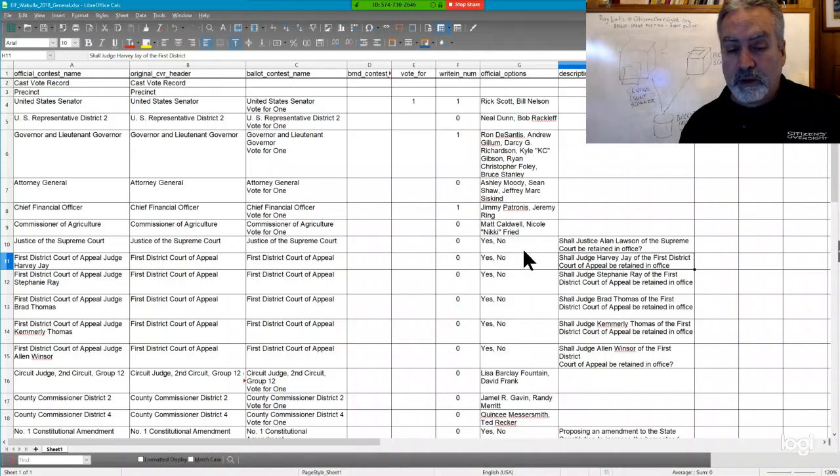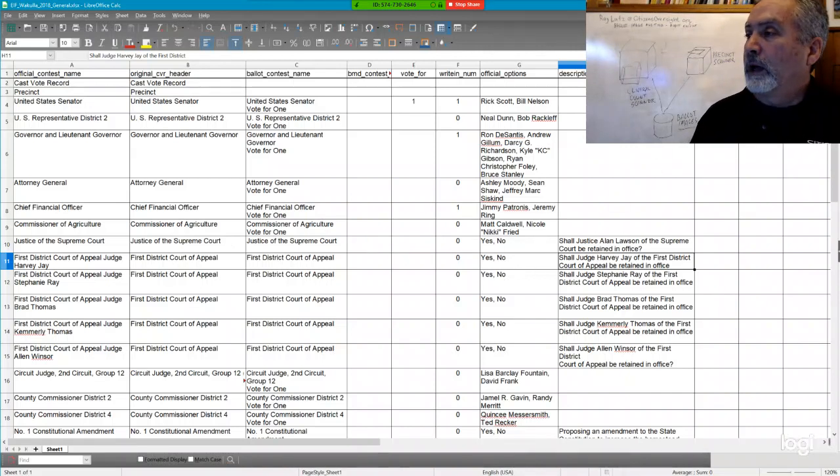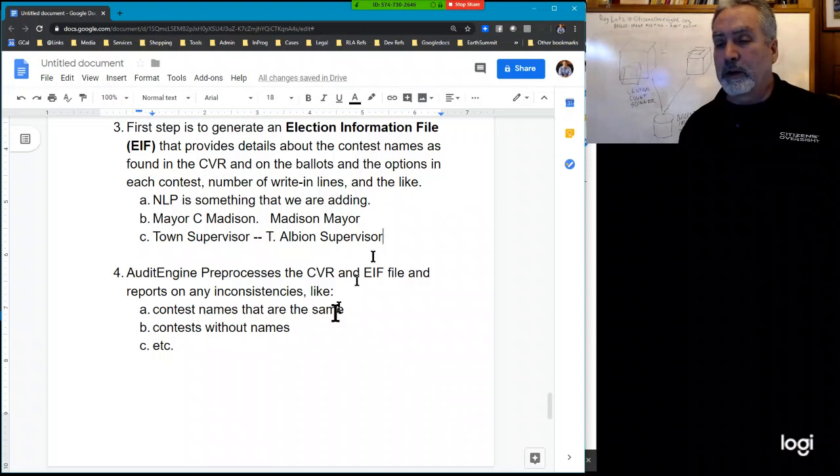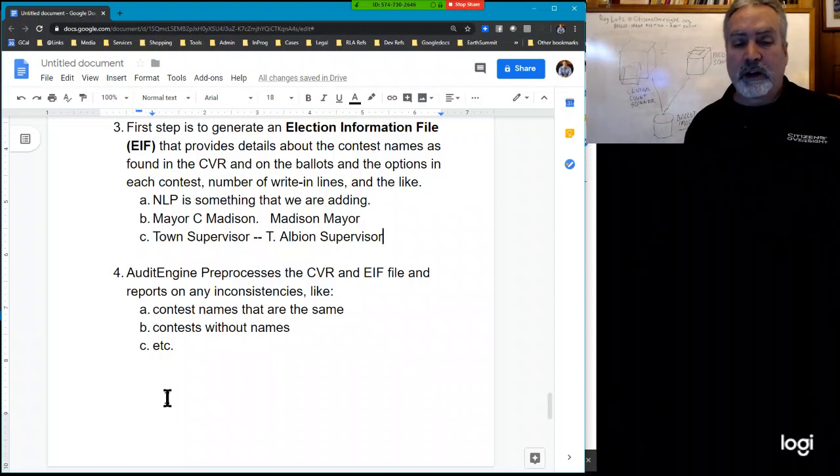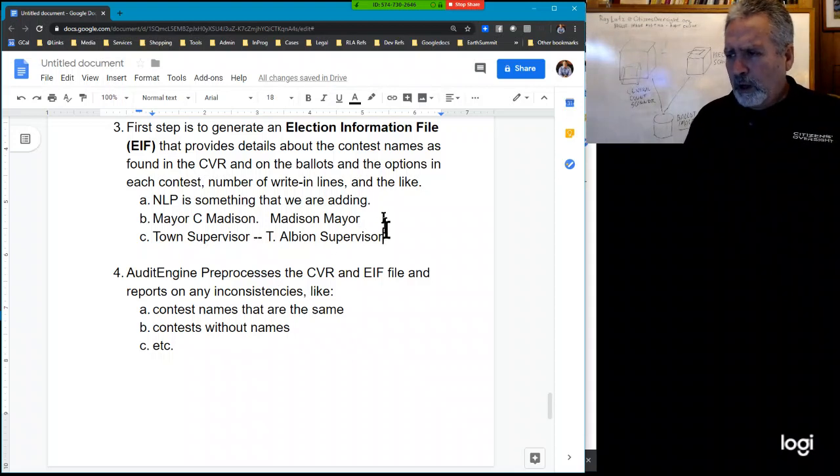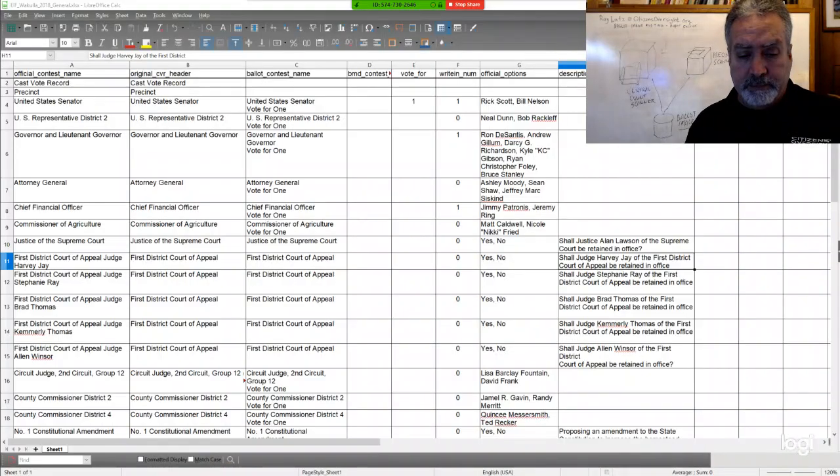So it is at this level where what we have is a few columns here, and then what we see there. And that's one way to do it, is just create this list. This works. And so for right now, that's how we're doing it, but we're working on that issue. But for right now, we do need to have the election information file. Let me just show you one other one,